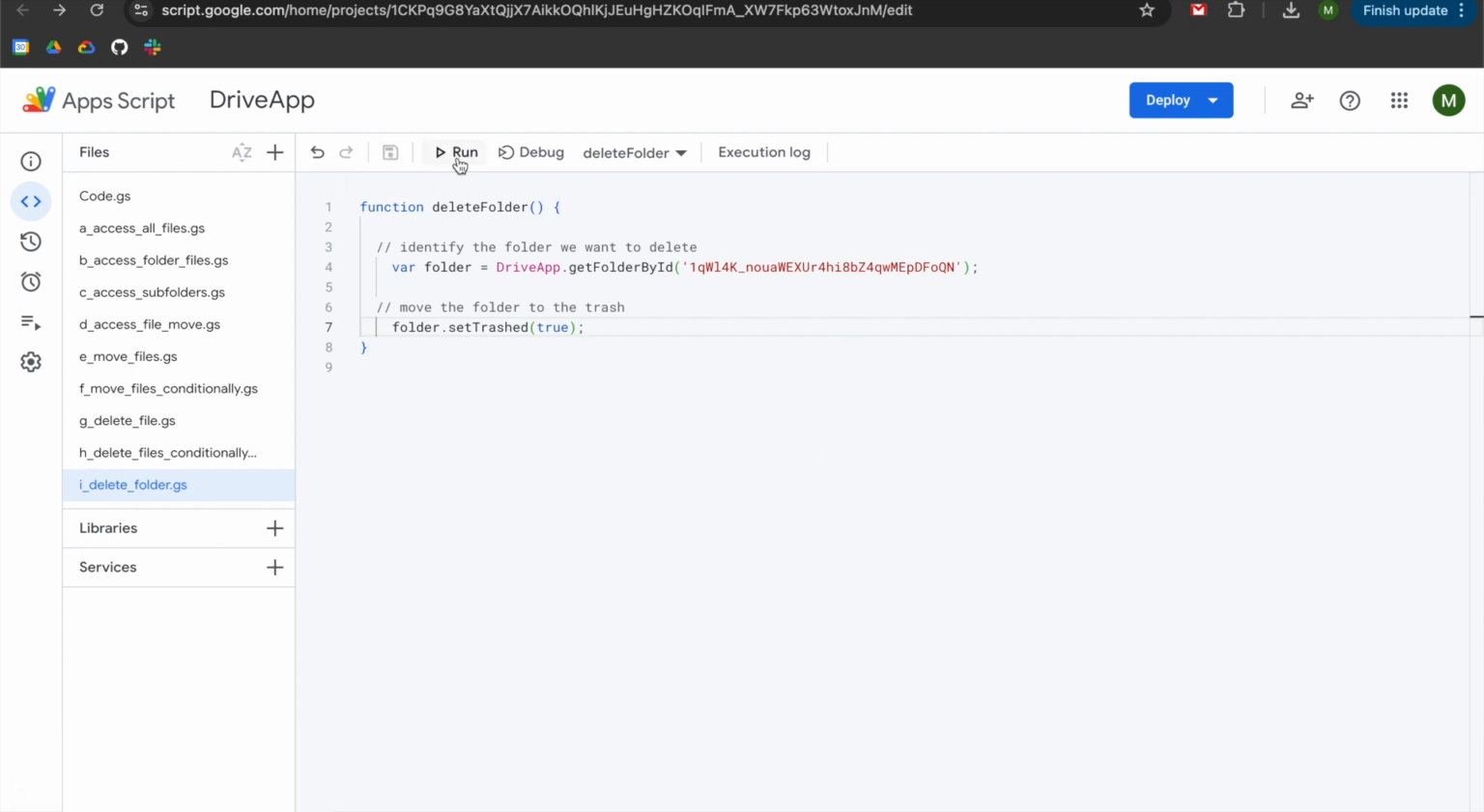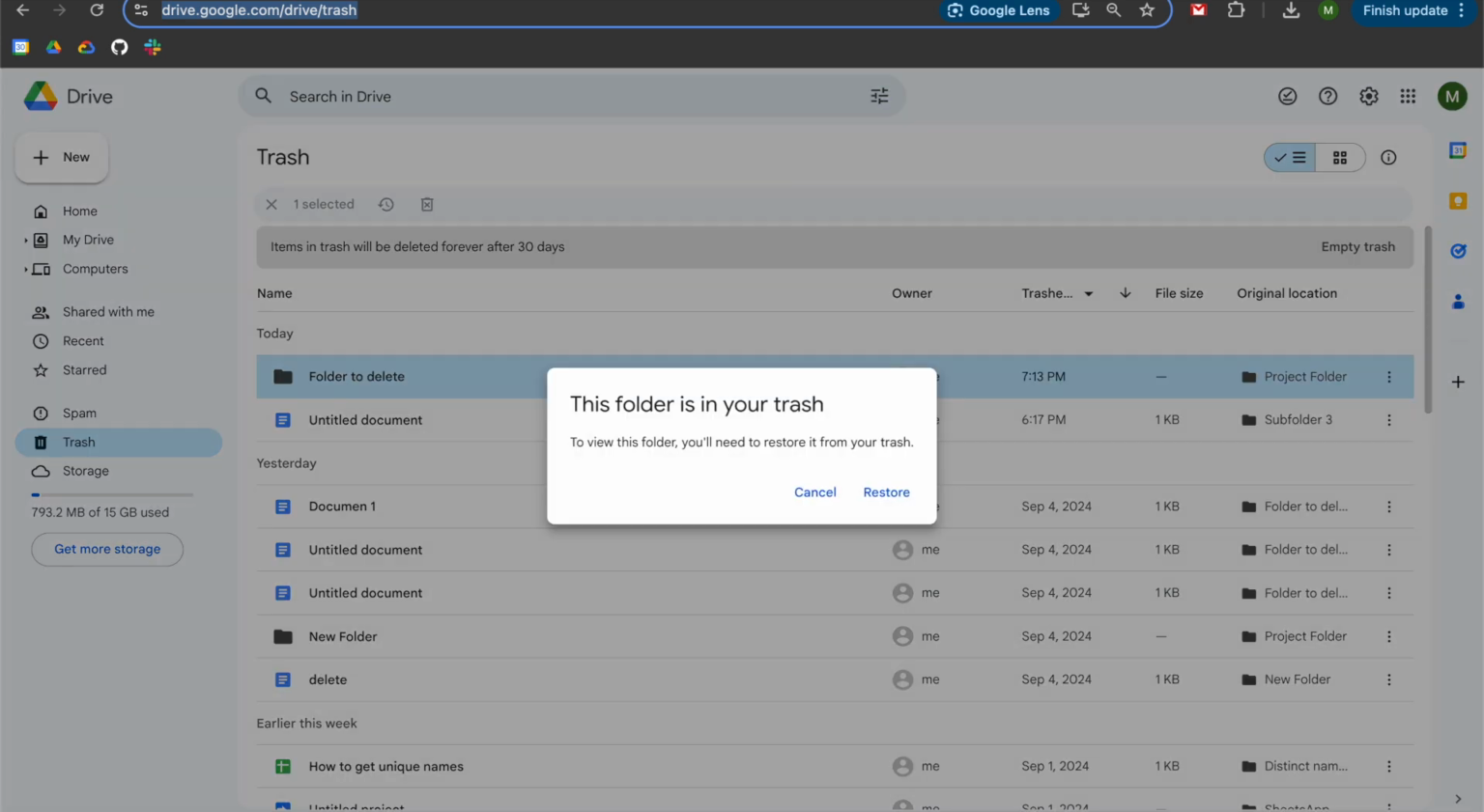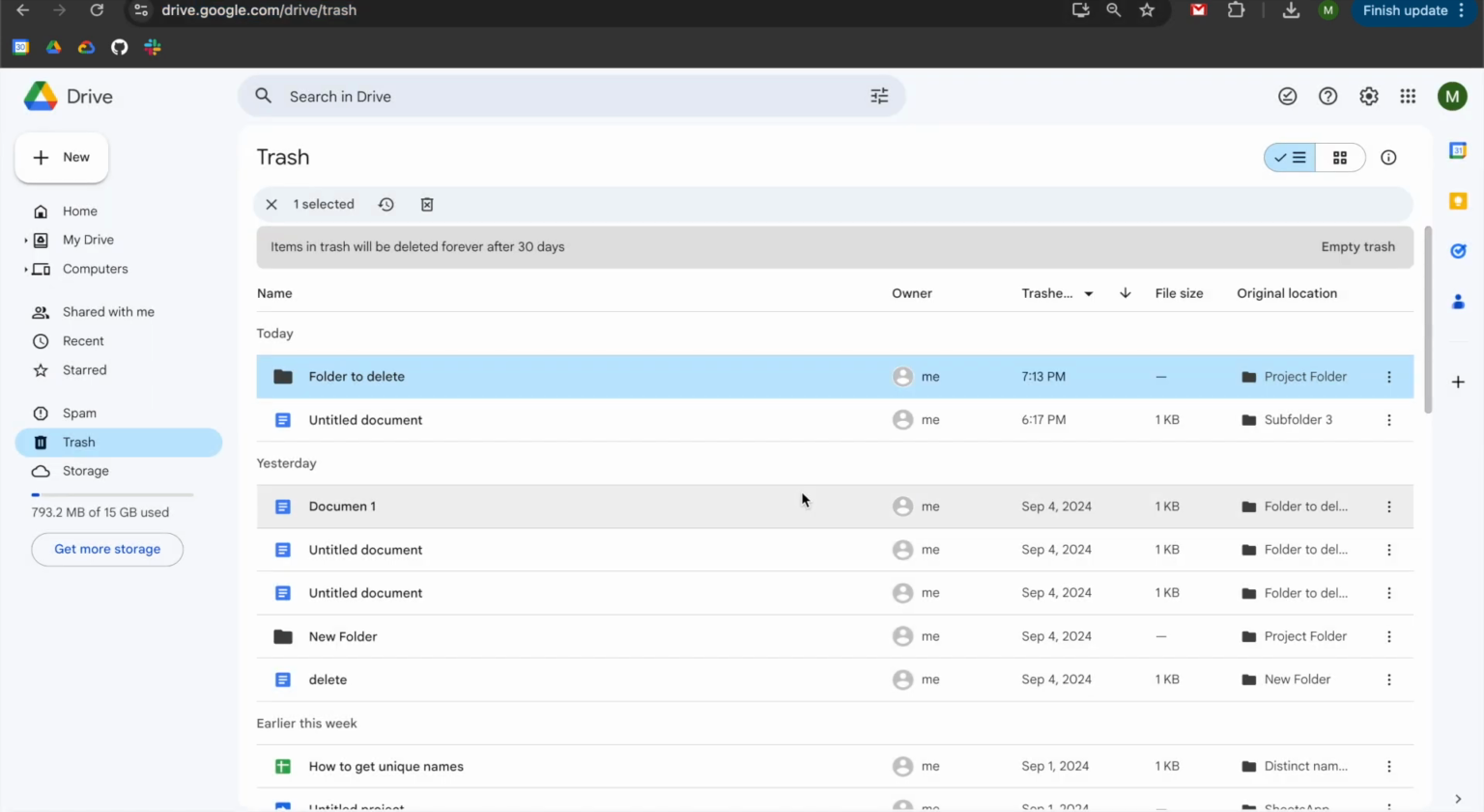We're going to save our project, and now we're going to hit run. Our script compiles successfully, and when we go back to drive, you can see that it's been moved to trash. So you can see that we say this folder is in trash. To view this folder, you'll need to restore it from your trash. So you can either hit restore or cancel depending upon what you want to do. If you hit cancel, then the folder will remain in trash,